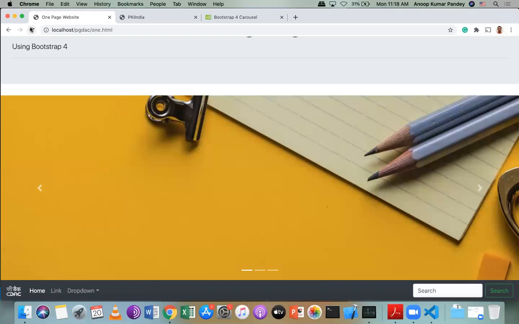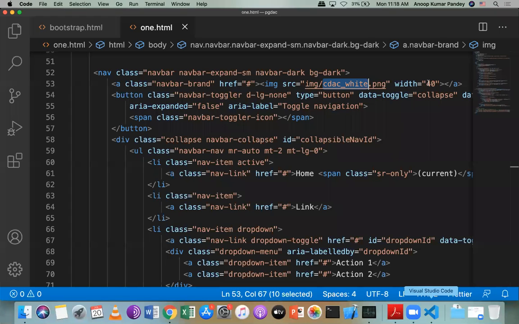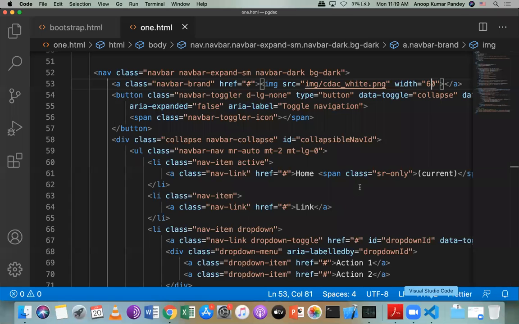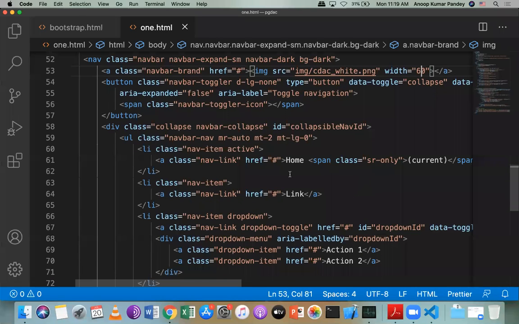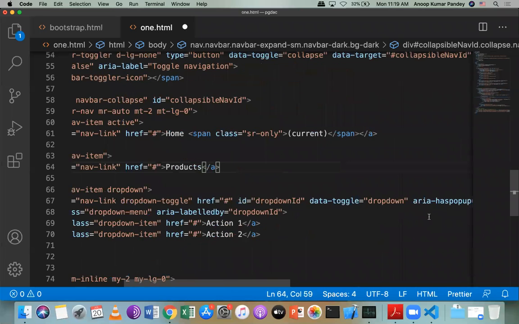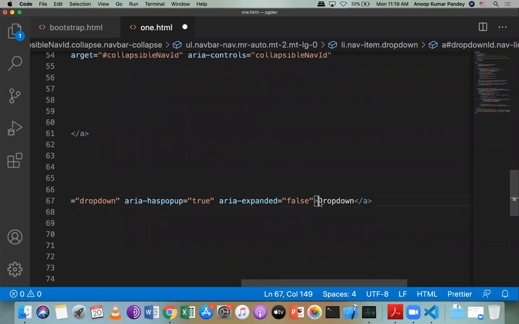If you see here, the cdac image is appearing here. I can increase the size. Now the cdac image is appearing here. Next is changing the menu items. Home is fine. Then I can add products, and next I can add services,